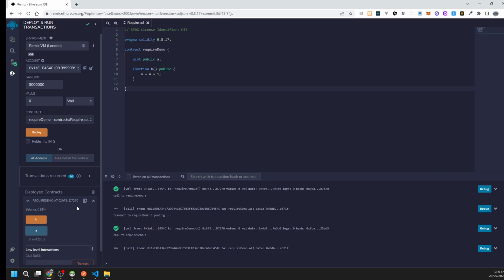Now what if we want to restrict that function to the owner of the smart contract only? Let's see how we can do that. Let's add an address owner, then create a constructor, and let's assign the owner msg.sender. Let's make it immutable, and now let's write a function